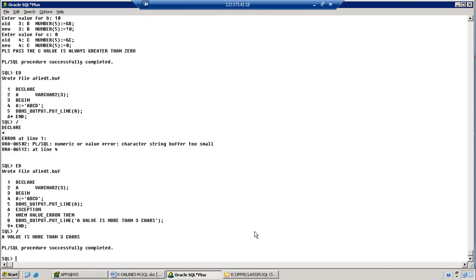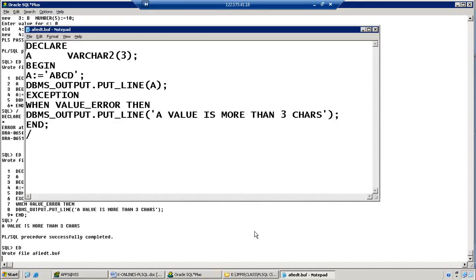So, now observe this one. It is possible to handle this error in the inner block and the outer block also. Now I have an error which is coming from the declaration block. So at this point of time, where is the error coming from? Declaration block or execution block? Execution block. The error is coming from the execution block, right? But